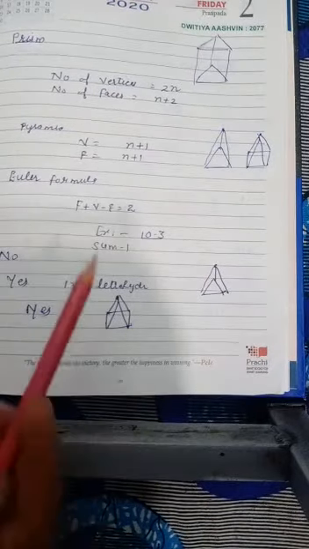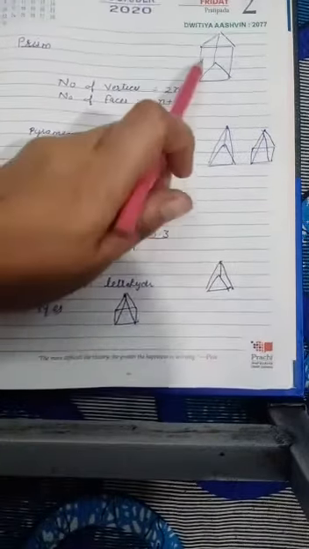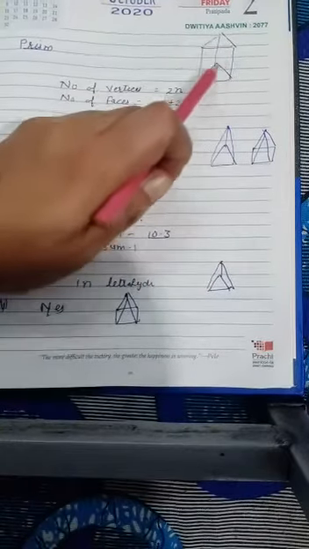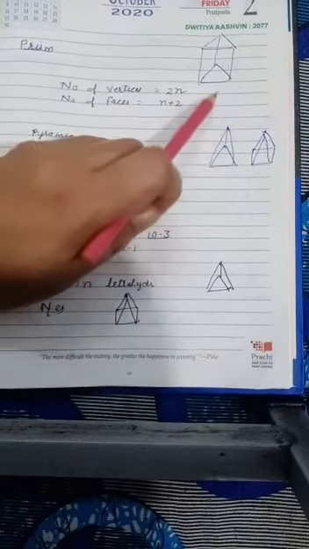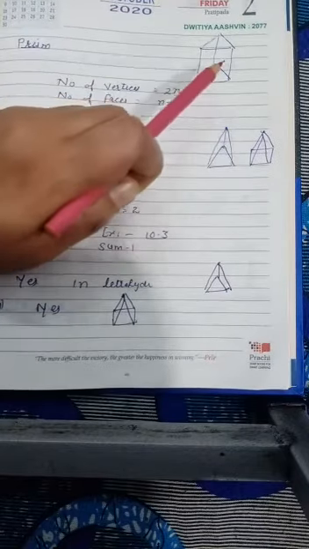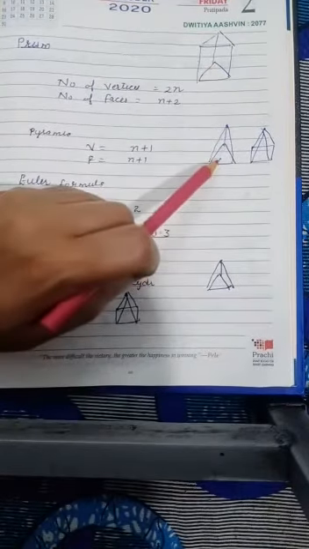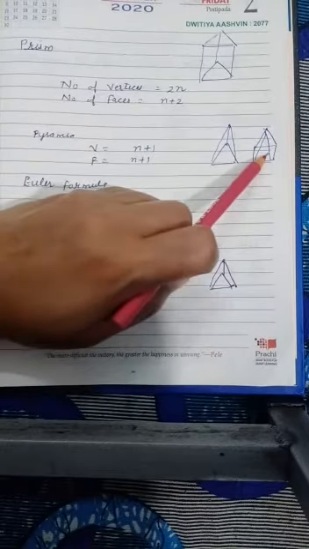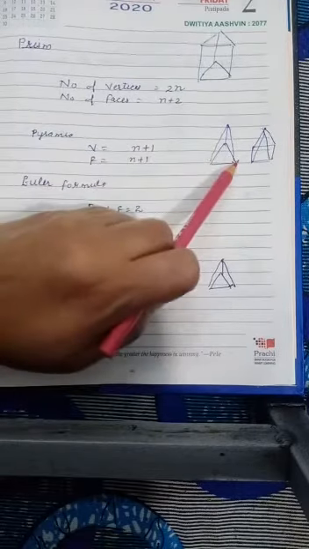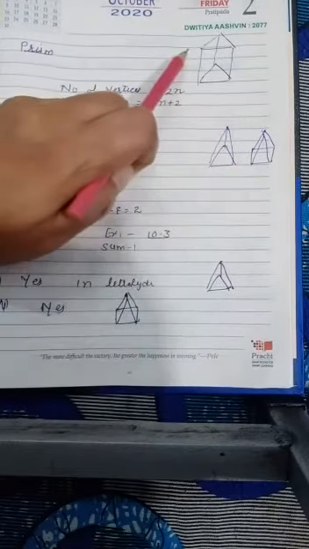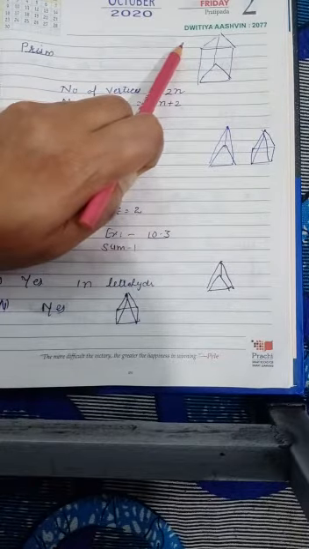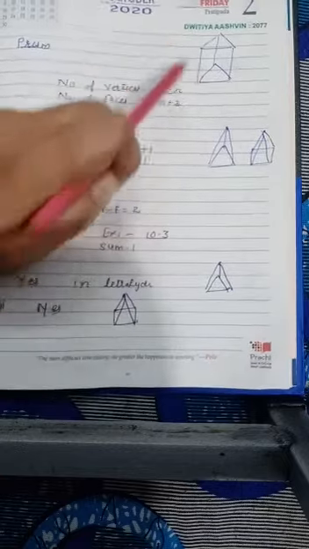Yes, this is your prism. Here one triangular base is on top, and one triangular base is down there. These are known as faces, and the whole is known as a prism. Top and bottom are identical, so it is a prism. If any triangle or any polygon is joined with a vertex, it is a pyramid. Now the difference between pyramid and prism, I think, is clear to you. Now how to tell the number of faces and number of vertices in these two shapes.